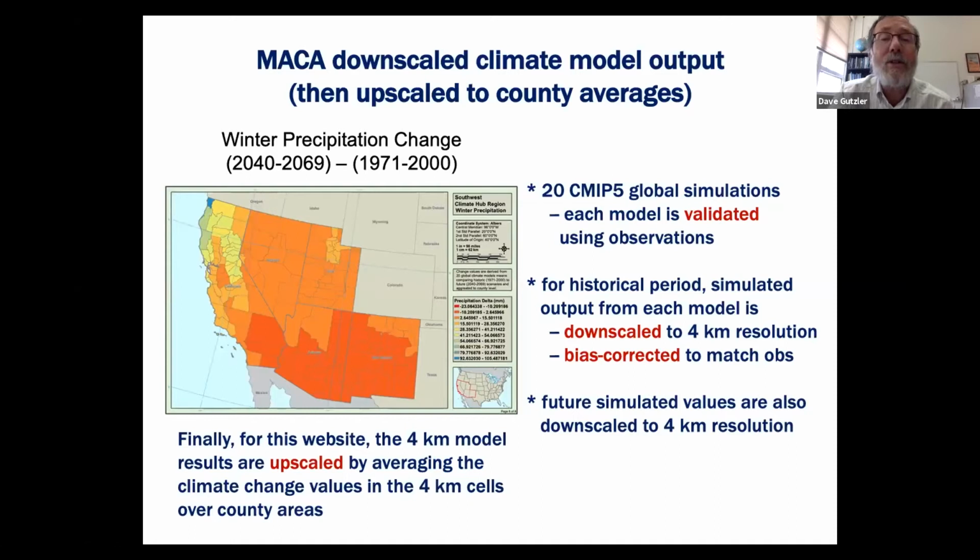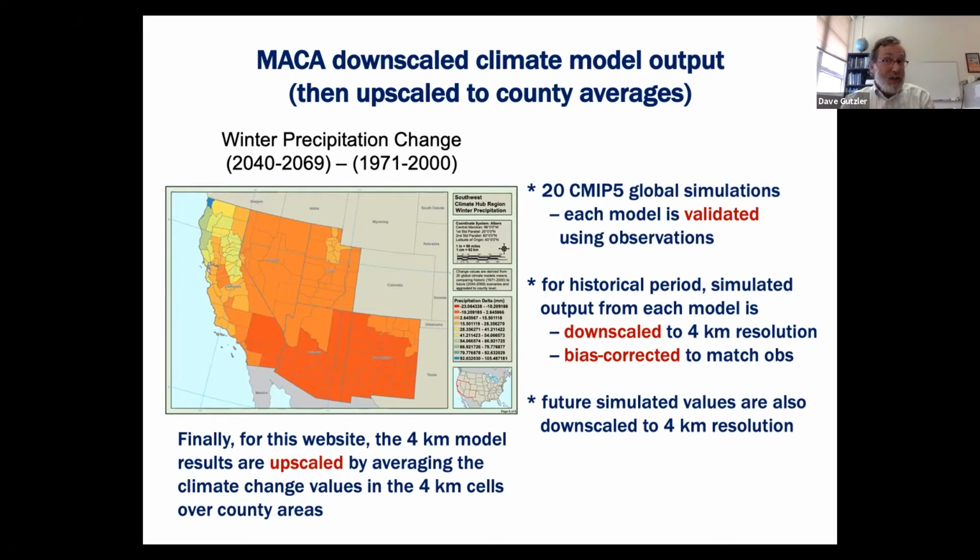This is a high resolution output, I think. And they've statistically downscaled the output to high resolution, 4 kilometer boxes. And then for this particular plot, then they've taken all those little 4-kilometer boxes and averaged them to counties. And so that's the data that you'll be looking at.